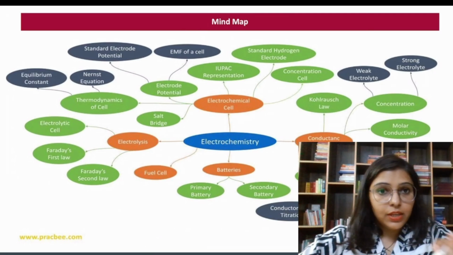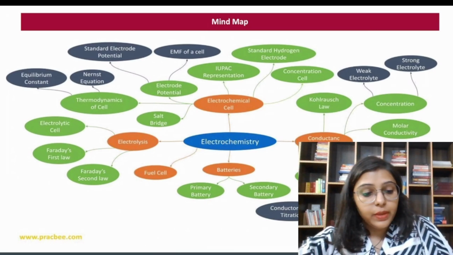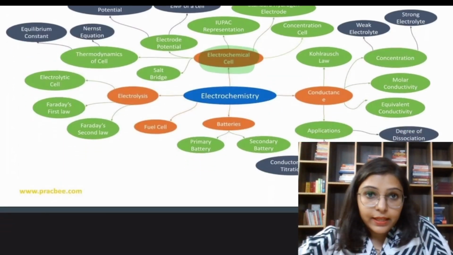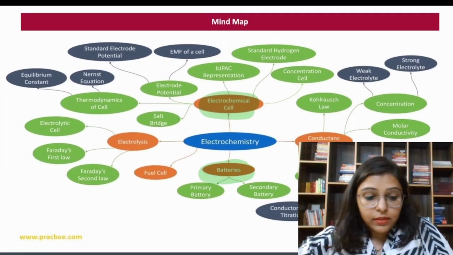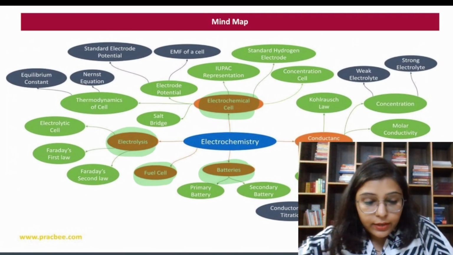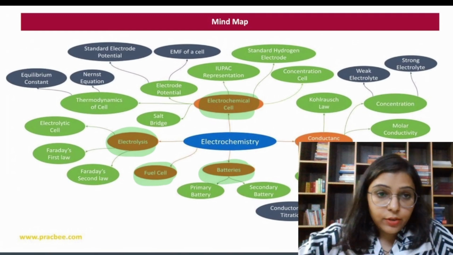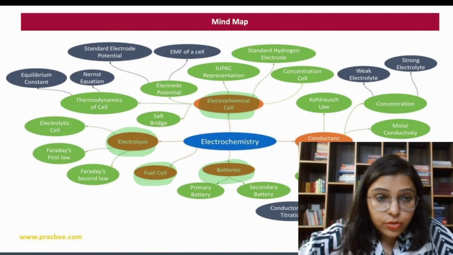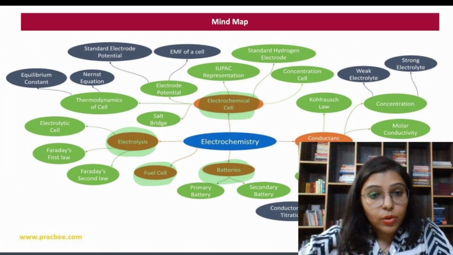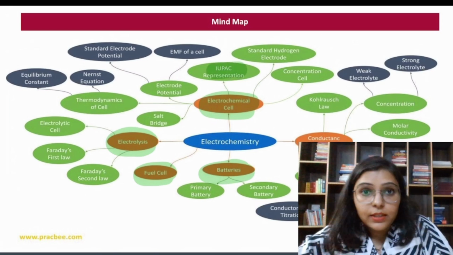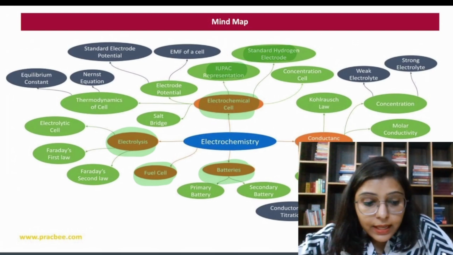Complete electrochemistry is divided into 5 important topics, highlighted in the orange circle: electrochemical cell, that is the galvanic cell, conductance, batteries, fuel cell, and electrolysis or electrolytic cell. In electrochemical cell, you should know the working of the galvanic cell, how to represent the cell, standard hydrogen